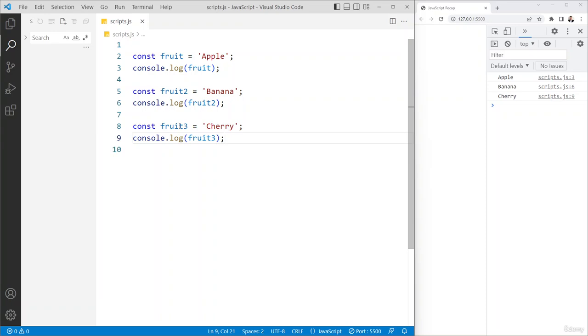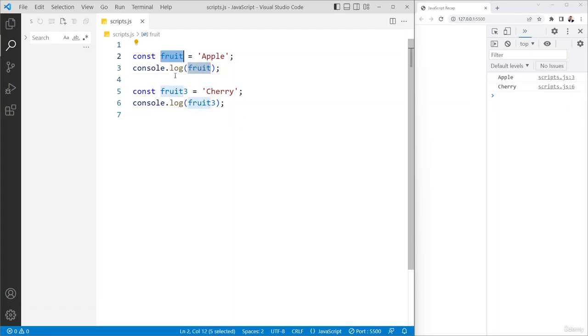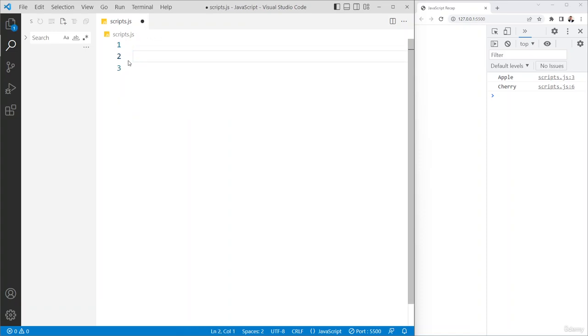So perhaps I need fruit 4 and fruit 5 and fruit whatever. It starts getting complicated because it's hard to manage the number of variables whenever I don't know how many elements I'm going to have. Especially because I could go back and start deleting those elements. So let's say I no longer need banana, but now I have fruit 3, but what happened with fruit 2? So whenever we have a dynamic list like this, instead of creating variables for each one of those, we could